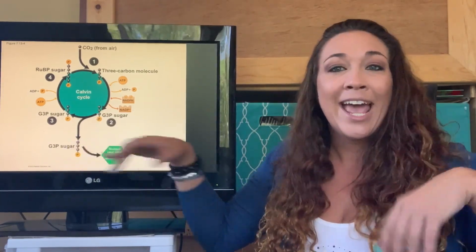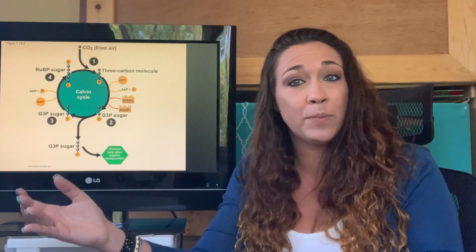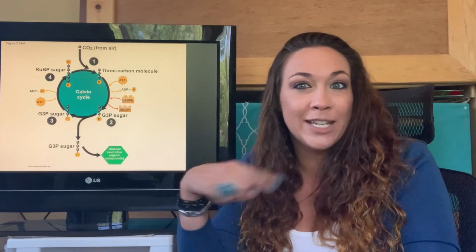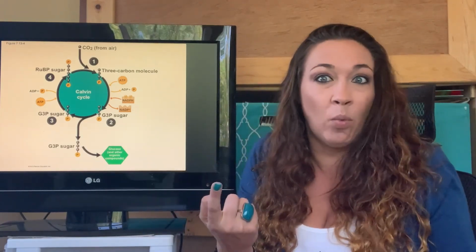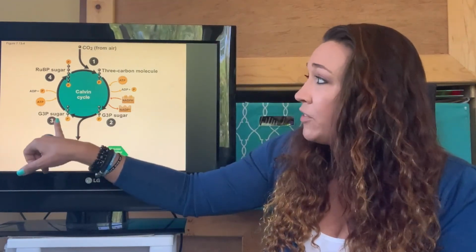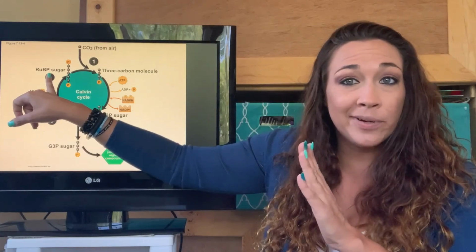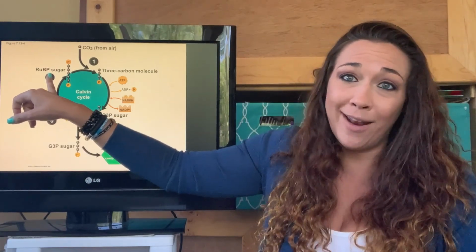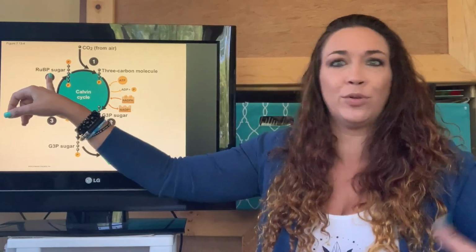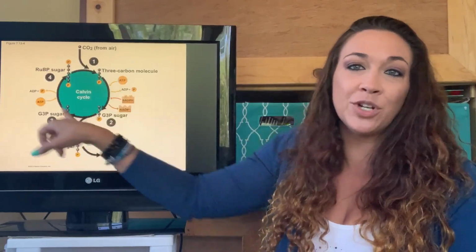That's what we want. However, we need to turn a couple times to actually get a net G3P sugar, because we make, I think, 6, but we have to keep 5 to keep this going. So really we make 1 for every turn. So again, we're just releasing 1. The rest of them go back in here, get turned into this Rubisco, which is actually pretty nasty stuff. Evolution, not at its finest, because they actually have to deal with this almost toxic poison that they produce themselves. Weird. Right? But then again, more CO2 and turn.